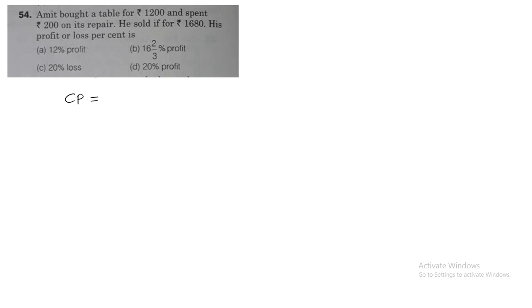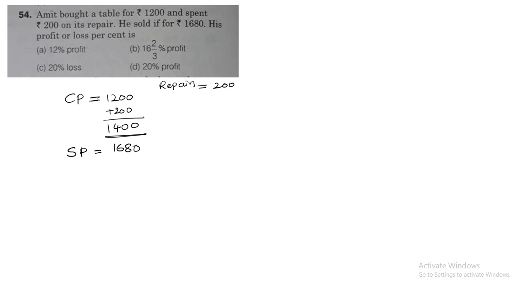So cost price is equal to 1200 rupees. Okay. So next, what has he done? So he has done repairs, no? So these repairs are nothing but 200 rupees. So these 200 rupees will be added to the cost price only. Okay. So whenever you are spending an amount for repairs, that will be added to the cost price only. So clearly, what is the cost price finally? Cost price is 1400 and he sold it for. So sold it for means selling price, and the selling price is 1680.